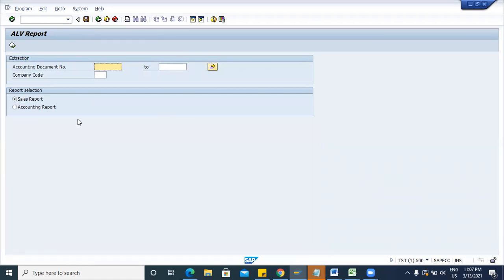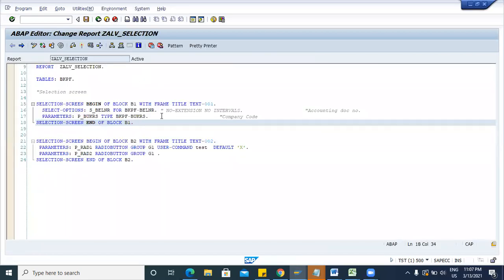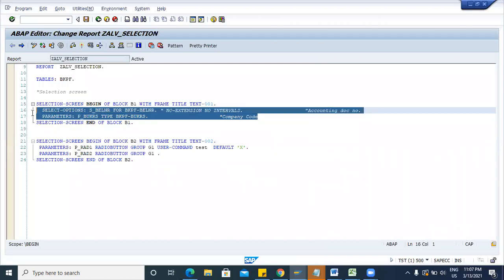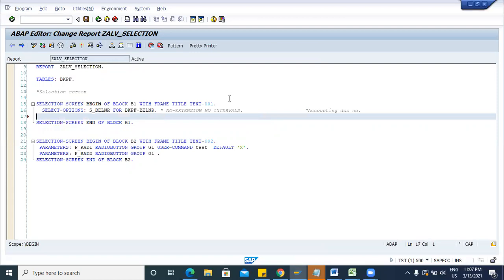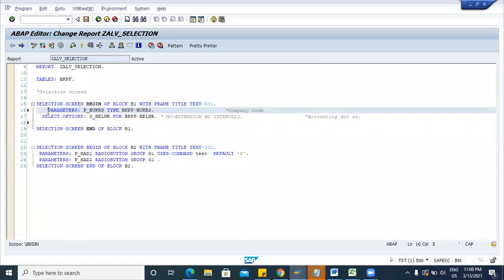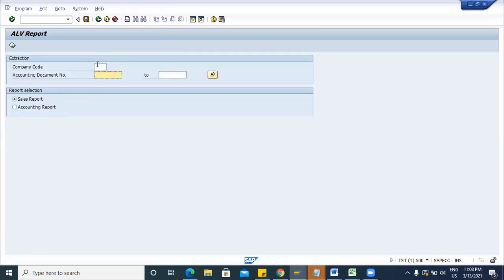Now, do you have any doubt in this process, in this selection screen? Everything is understood. Suppose we have to put company code in the first line instead of account document number. Means first we have to put company code, then profit center, plant like that, then accounting document. Then you can rearrange this also. You can just change the position. If you want to change the position, use Control X and Control V. Now, perfect. So this part is completed now.